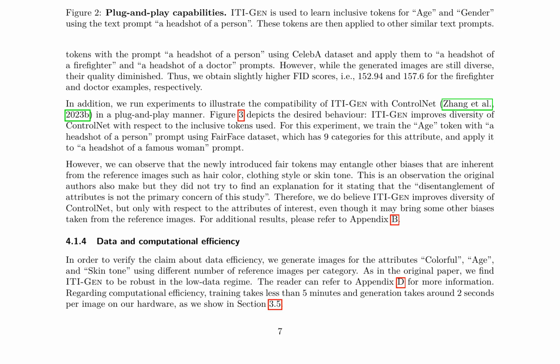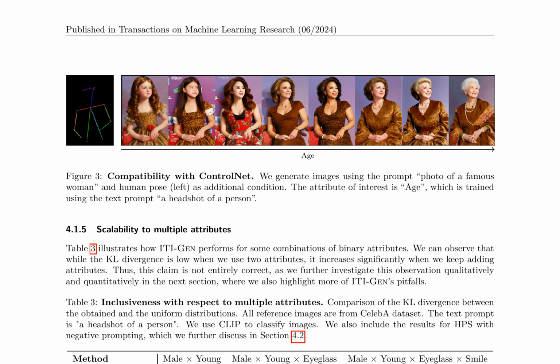2 seconds per image. Scalability to multiple attributes was tested, revealing that while the KL divergence is low when using 2 attributes, it increases significantly when adding more attributes. This suggests that ITI-GEN's claim of scalability is not entirely correct. Further investigation into this observation is conducted qualitatively and quantitatively in the following section, where more pitfalls of ITI-GEN are